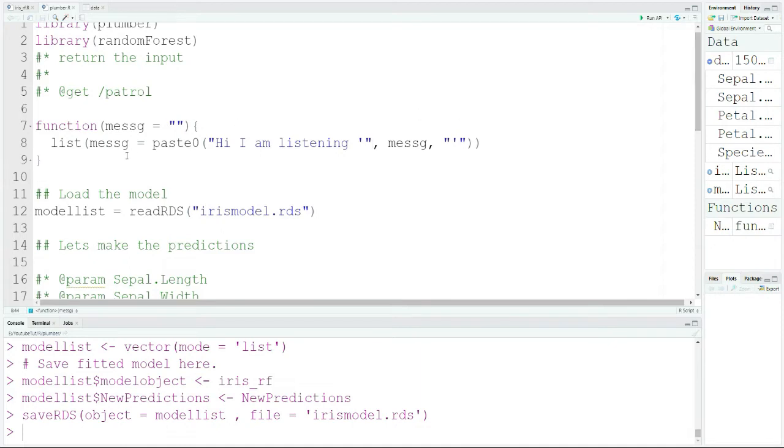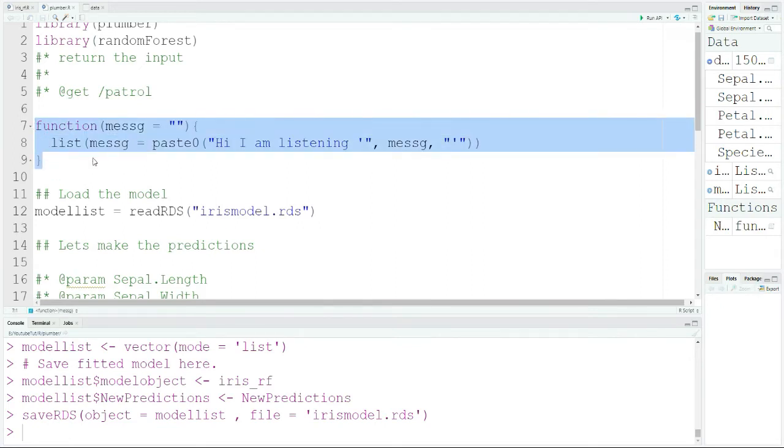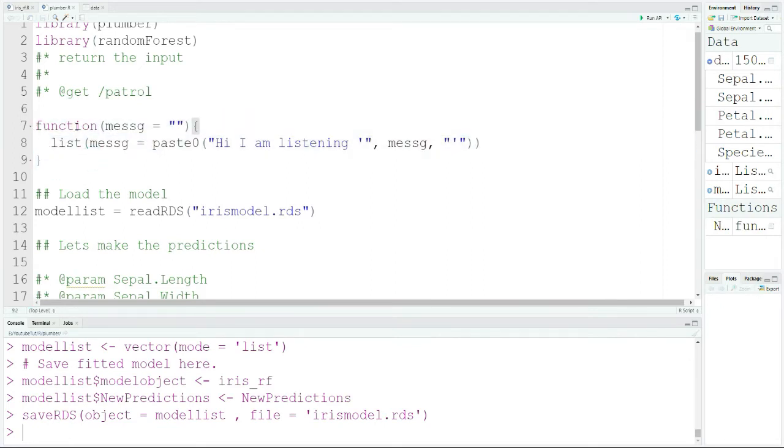Here I have created an endpoint that is simply GET /ping. Ping is simply where I want to check whether my API is running successfully or not. Here I am taking a user input, like this particular function is taking a user parameter, and then simply returning "hi, I am listening" and then the message, whatever the user has provided.